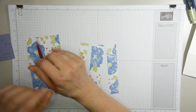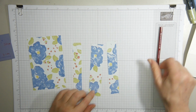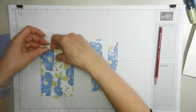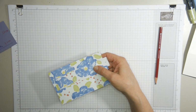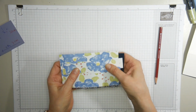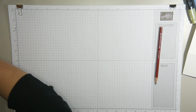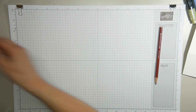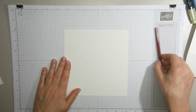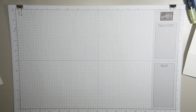I take a pencil and I write down 1, 2, 3, 4. Now I know which end is which end, and I know in which order to stick them on my pieces later. Okay. Then for your back piece, voor de achterkant, you need a piece of thick Whisper White stukje, and